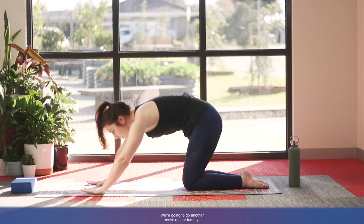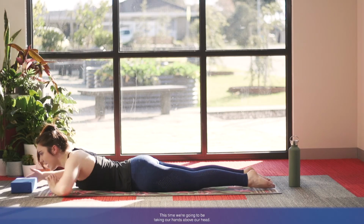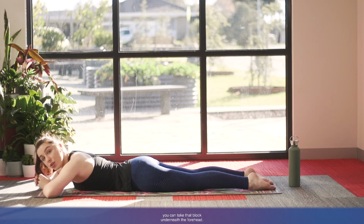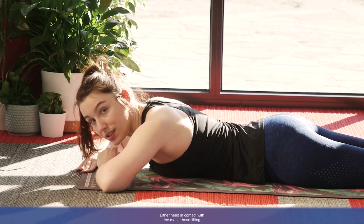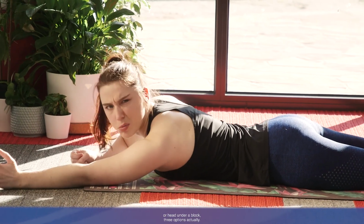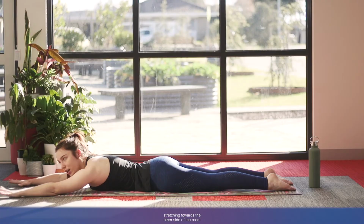Beautiful. Slowly coming out. We're going to do another move on our tummy. This time, we're going to be taking our hands above our head. So if you need that block underneath you, you can take that block underneath the forehead. If you want to keep the head in contact with the mat, you can do that too. There's two options, either head in contact with the mat or head lifting or head under a block. Three options actually. Take those hands above the head, stretching towards the other side of the room with the hands